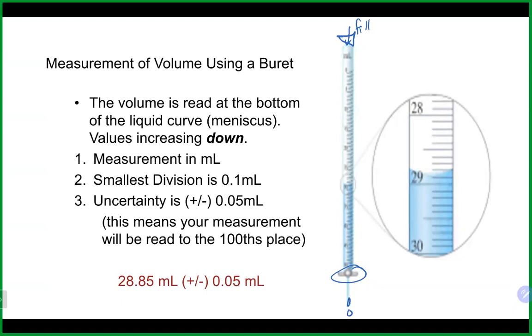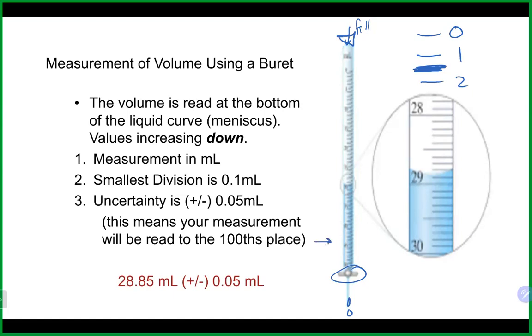What's different about the scaling on a burette is that at the very top is 0, and then it increases as you go down in terms of the volume. That means if you have a volume sitting right here between the 1 and the 2 marking, that's actually 1 point something, not 2 point something. So it actually increases as you go down. Very commonly, people will read these incorrectly. For example,